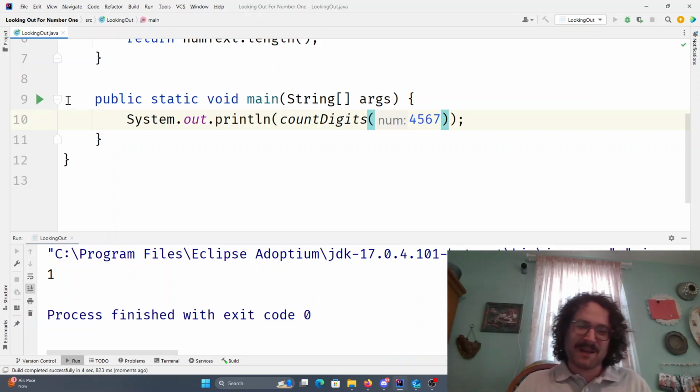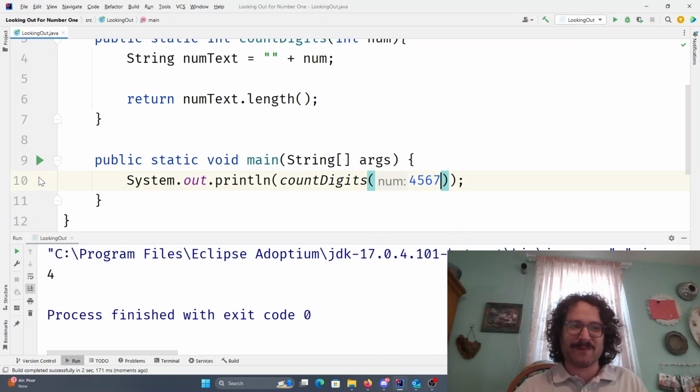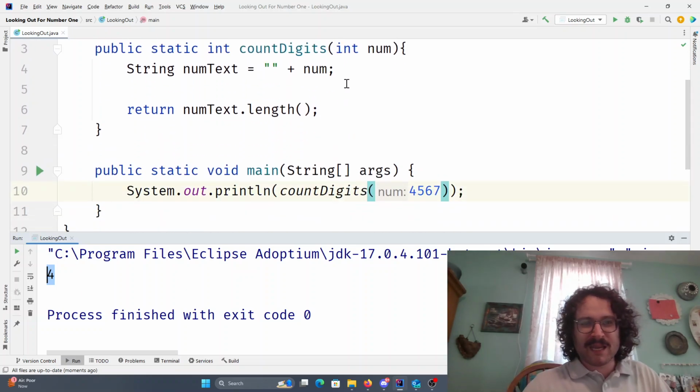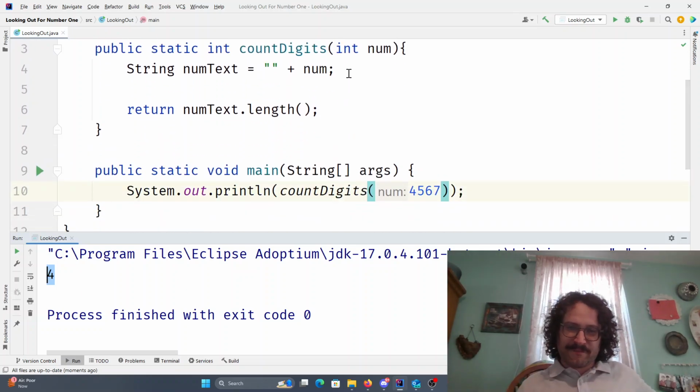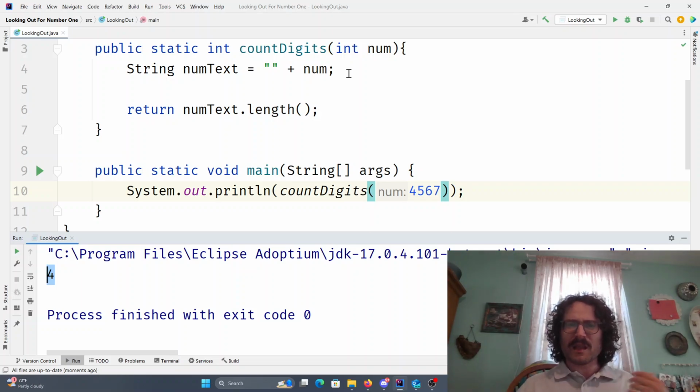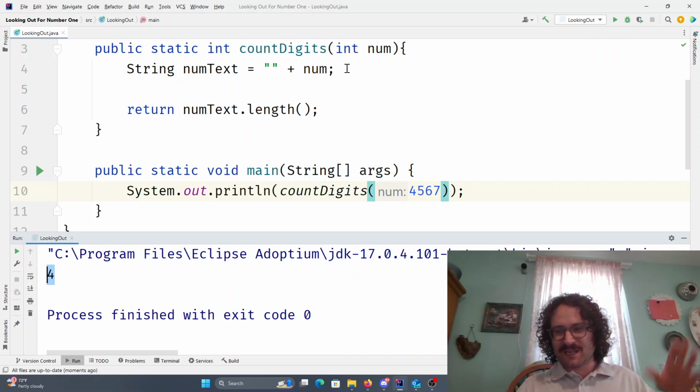Now, I said I don't want you to do it this way. What if you never saw this video and turned it in like doing that? Would I care? I'd mention, hey, you should probably learn how to do it this other way. But no, you'd get it right because it works. It's just a less efficient process. Yep, 4. That's what I'm looking for. This conversion process of turning something into text is a bit more expensive on a low level of detail than what we're going to do next,